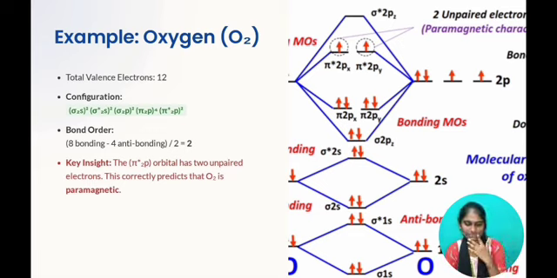Bonding electrons in oxygen molecule are 8 and anti-bonding electrons are 4. Therefore, bond order is 2. Thus, oxygen contains a double bond, the O-O bond length is 1.2 angstroms and the bond energy is 498.4,